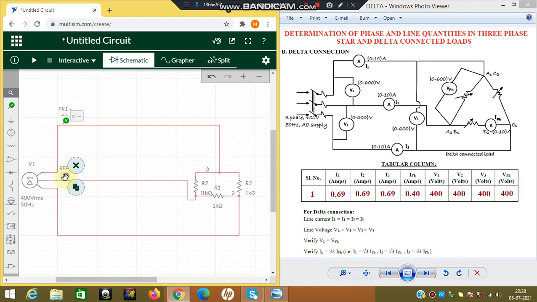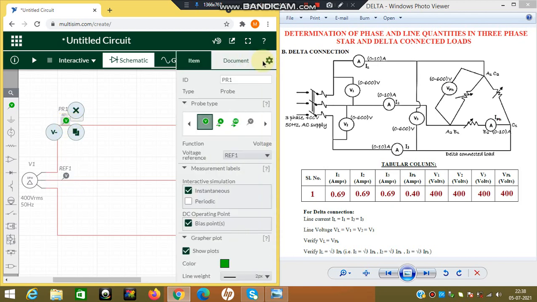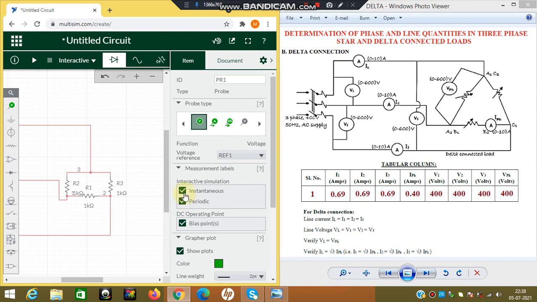So 1 and 2. Then second will be 2 and 3, and third will be 3 and 1. So it is like 1 2, 2 3, 3 1. Whatever we have done in the star connection, the same thing. But I need the periodic value. So click on the meter and select the periodic, uncheck the